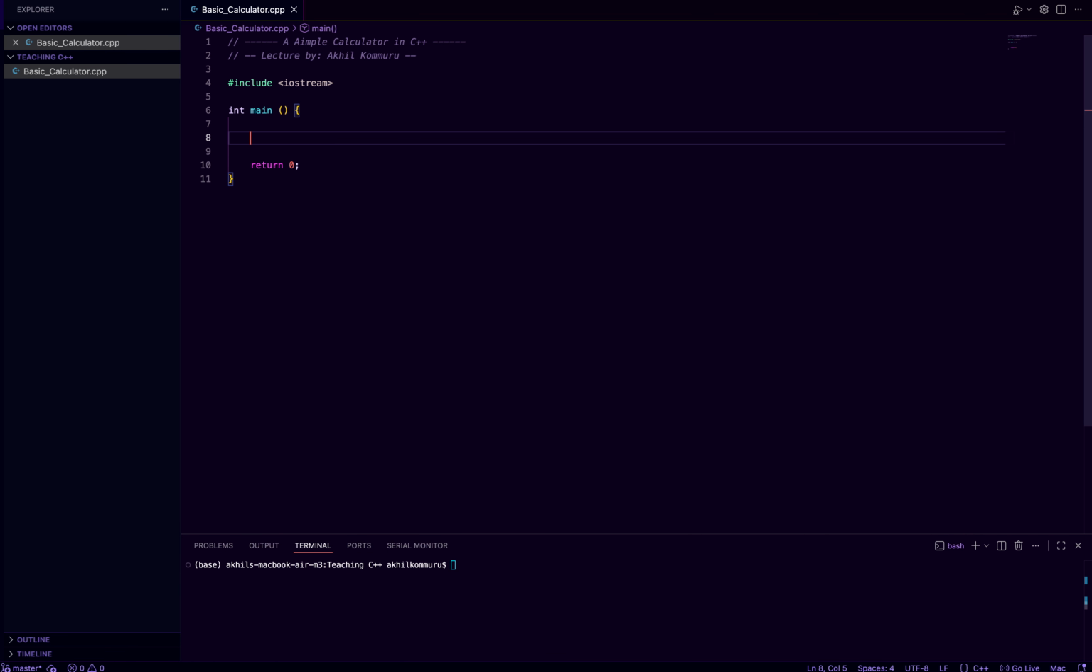So, first thing we need to do is declare some variables. And here we will declare our operators. So we'll go, and we have to state the data type here. Char operator,